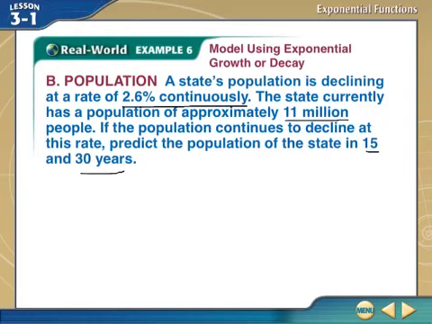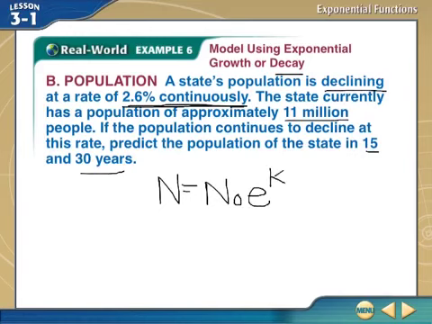Now, we're going to use continuous decay or continuous growth, but in this example, since the population is declining, we are using a decay model. Same equation either way, growth or decay. It's just going to affect what our k value is. So that formula that we had on the first slide was N equals N sub 0 e raised to the k times t, where N0 is your initial population,